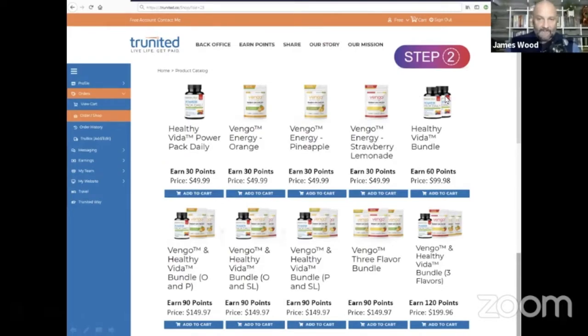In this example, this bundle, you'll see 2 bottles of the vitamins. It doesn't have to be vitamins. It could be any combination of anything on this page that would equal 60 points, right? This is just a quick click through, just if you were open to grabbing 2 of the vitamins, but you could grab one of each of the Vengos, a vitamin and a Vengo, doesn't matter, right? Just an example. And then down here on this second level,